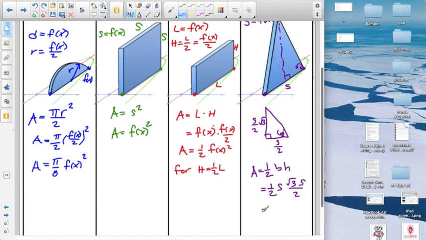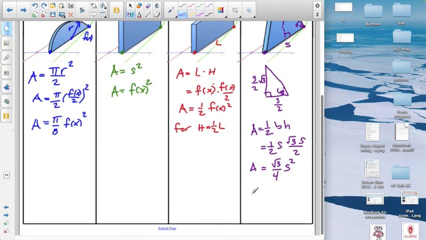And so simplifying that, you have the square root of 3 divided by 4 times s squared. And again, just to remind you that s is the distance of the entire side, which again happens to be the value of the function itself. So the area for an equilateral triangle is square root of 3 over 4 times the function f of x